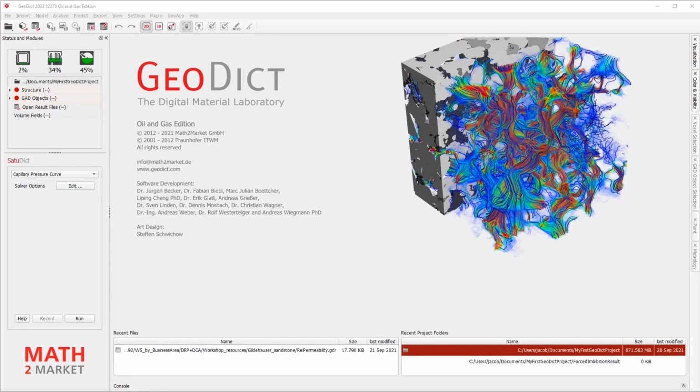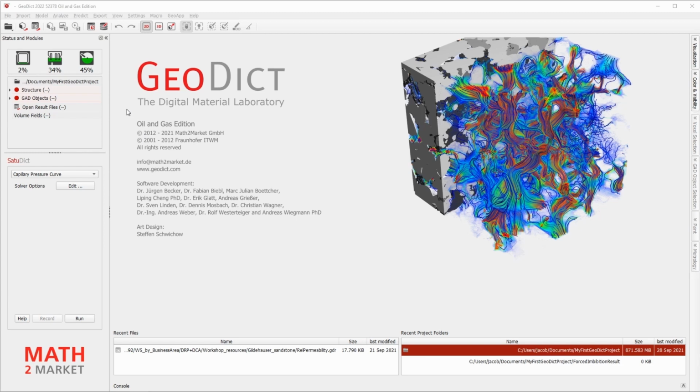We have added all slides and working steps as PDF to our web page, so feel free to use them during or after this workshop for your own training purposes. Now, please open GeoDict 2022 and follow my steps. I will do the following training slowly, but if you get lost anyway, try using this PDF or the WebEx chat in order to catch up.